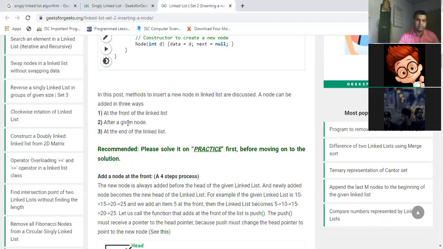Then, after a given node, that means a specific position where you have to insert the node. And lastly, at the end of the linked list, that means the last node, where the address part will become null and it will have only a value.